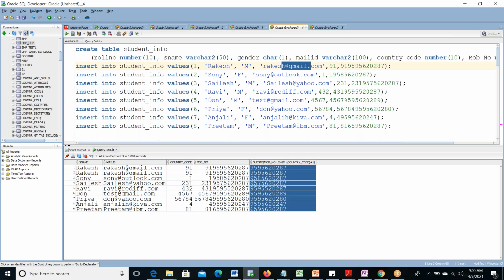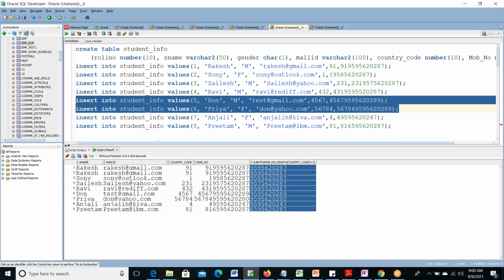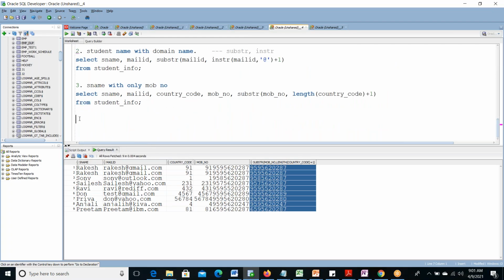So here, if you see, some persons are cheating. Don is one student. He has given test@gmail.com. Priya is one lady. She has given done@yahoo.com. These two persons are cheating. We need to find out their list. Who are cheating? Okay. So as a homework, you can do this. Now next we can do